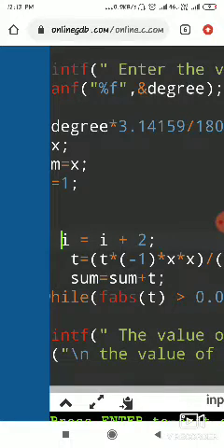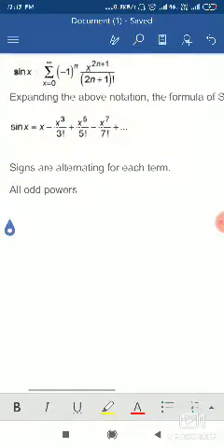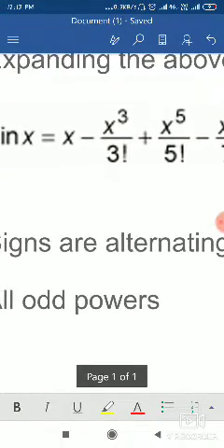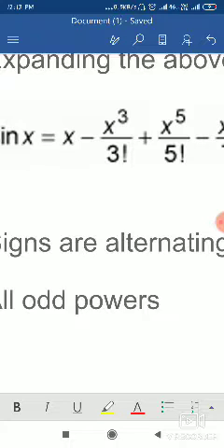Now again let me take you to the prior things. Here the power is 1, and after that there is a negative term, then positive. So it is alternating. To handle that I am multiplying it by minus 1. So minus 1 into minus 1 is plus 1, into minus 1 is minus 1, into plus 1 is plus, into minus 1 is minus, into minus 1 is plus. So it gives us an alternate sign. That's why for every term I am multiplying it with minus 1.